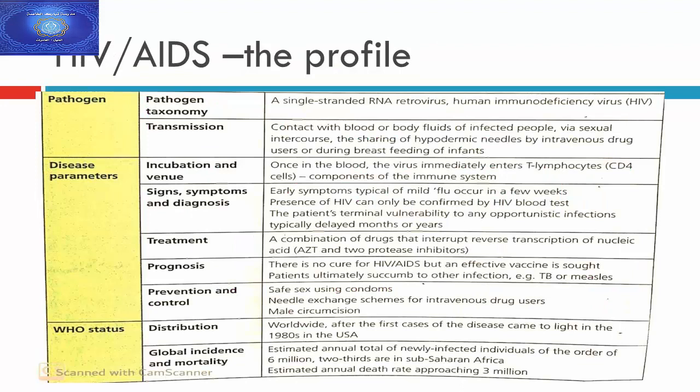From this profile you have to know about the pathogen and the state, the type and its name. Okay, single stranded retrovirus is the type, and human immunodeficiency virus is the causative organism. The name you should know, and how it is transmitted, and what the signs and symptoms and diagnosis are, and prevention and control you have to know. So from this you have to know the 4 things: pathogen, taxonomy, transmission, signs and symptoms and diagnosis, prevention and control. You have to know about it. Okay,